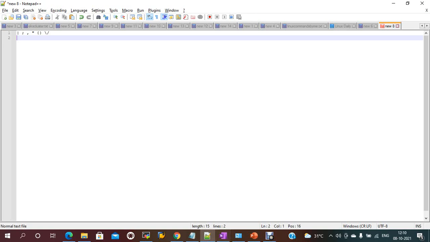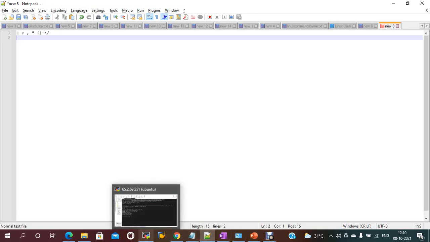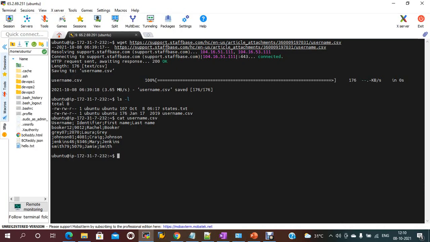So let me get into this one. If I need to display specific column data, say the third column, each row should have a delimiter.